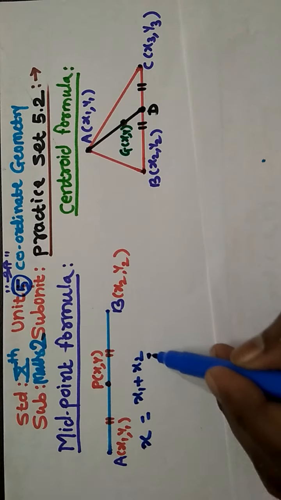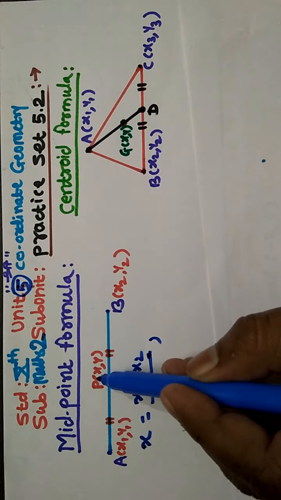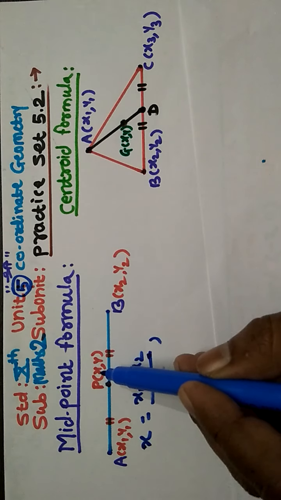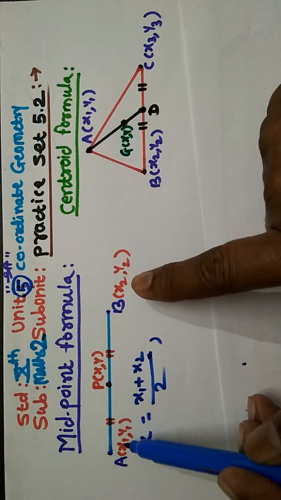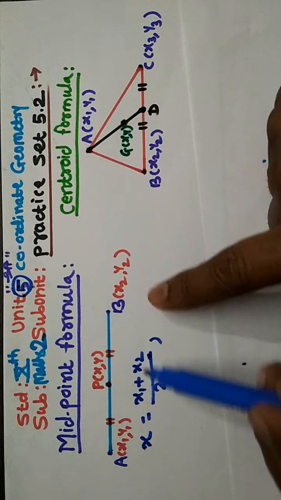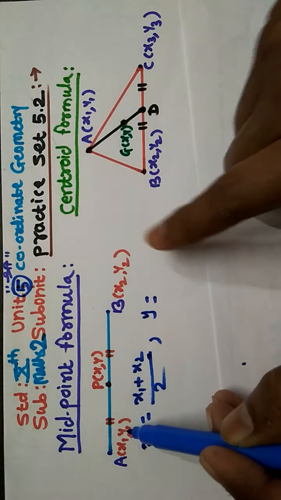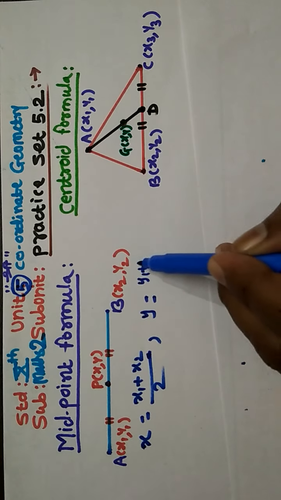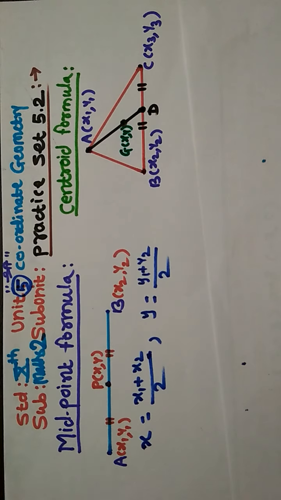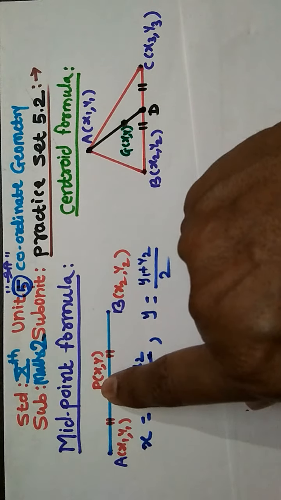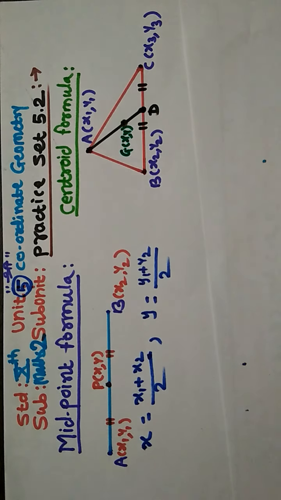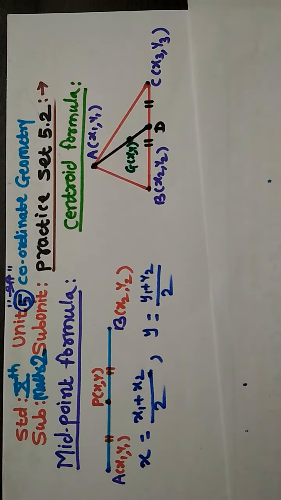x1 plus x2 divided by 2. This is the x coordinate of P. How can we find the x coordinate of P? x1 and x2, the addition of these divided by 2. And the y coordinate, how can we find? The sum of the y coordinates, means y1 plus y2 divided by 2. These are the coordinates of P, if P is the midpoint. We see another formula,